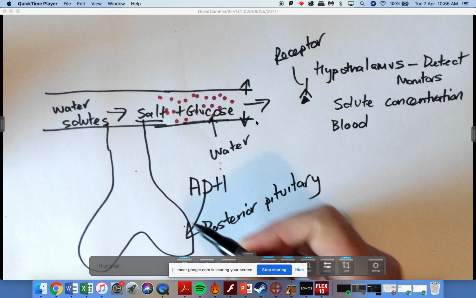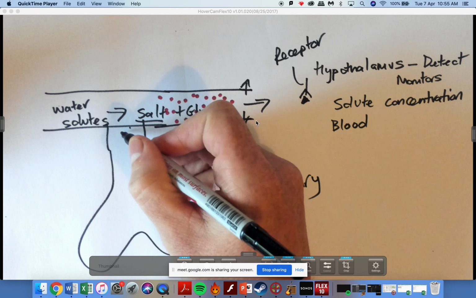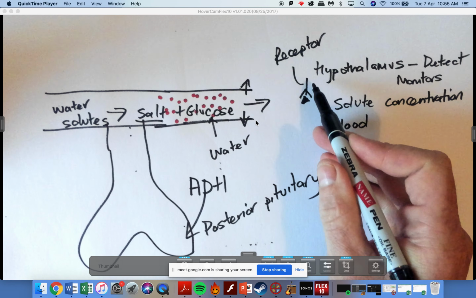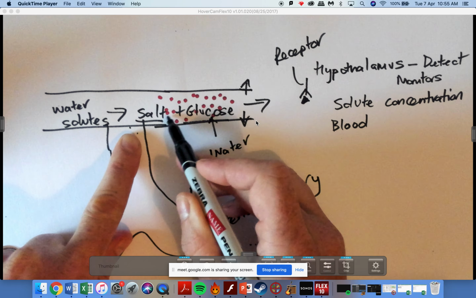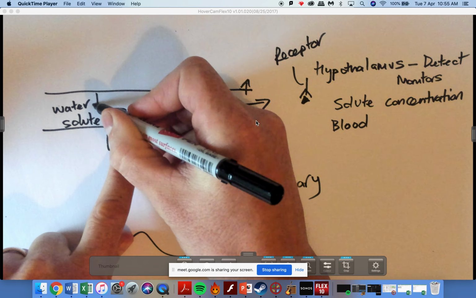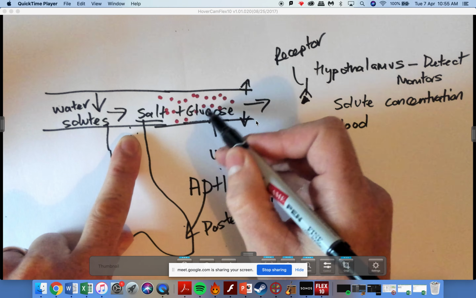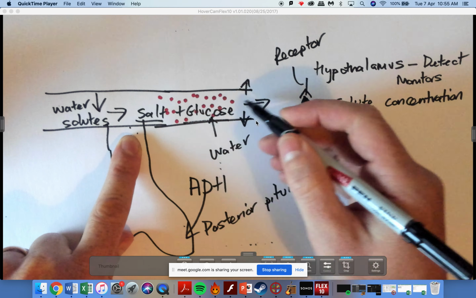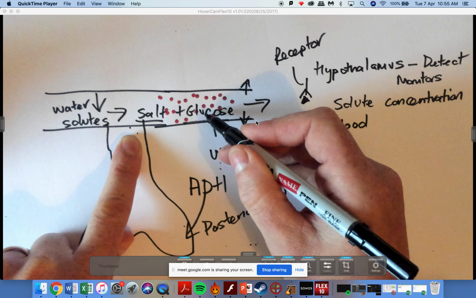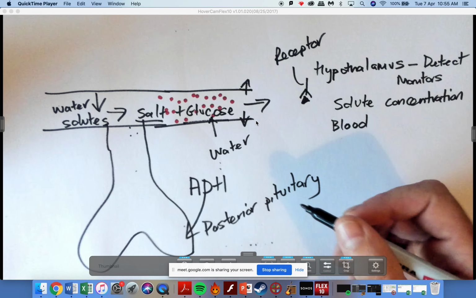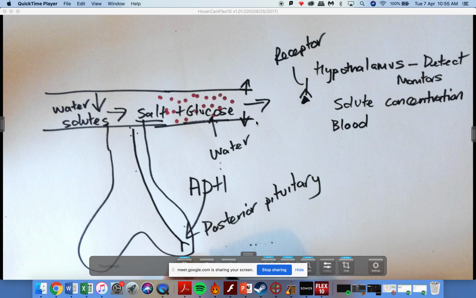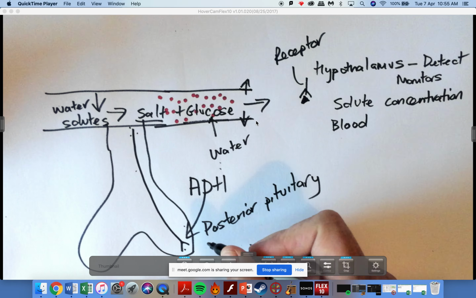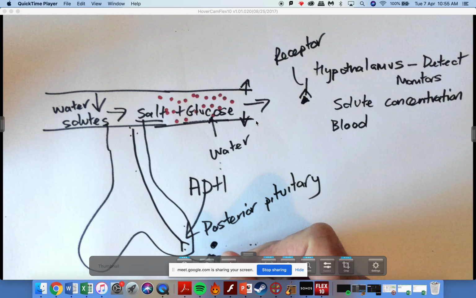Okay, so what's going to happen? Up here in the hypothalamus, we're going to have these receptors. They're going to detect if there is too little water, the water has gone down, or the solutes have gone up. Then we need a signal coming down to the end, and we need to release ADH. So ADH is going to get released into the blood,